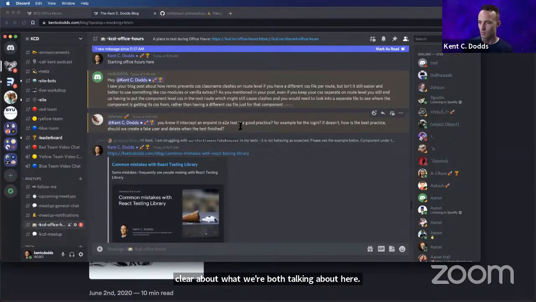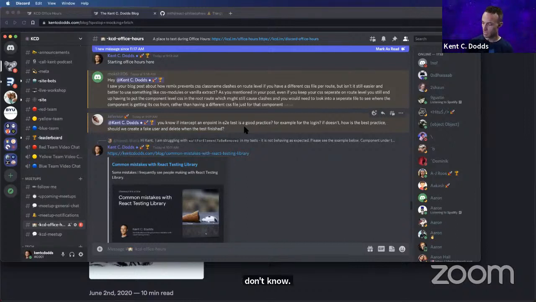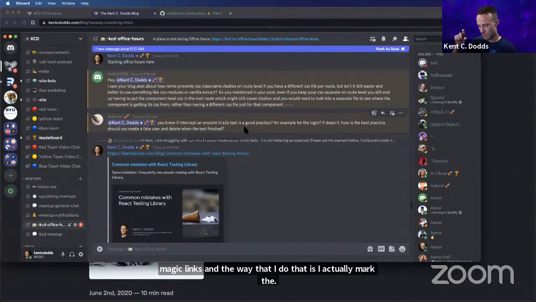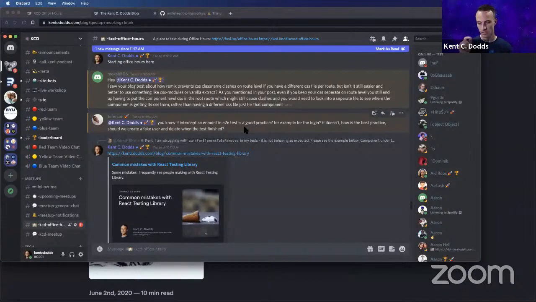Yeah, so as far as testing a login or something, what I do is I literally log in. I go through that login process, and I'm using magic links. The way that I do that is I actually mock the email provider and save what I would have emailed in the file system, and then have Cypress go grab that, get the magic link, and then send me to the magic link URL.